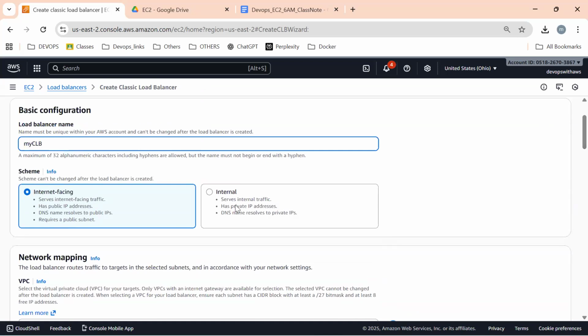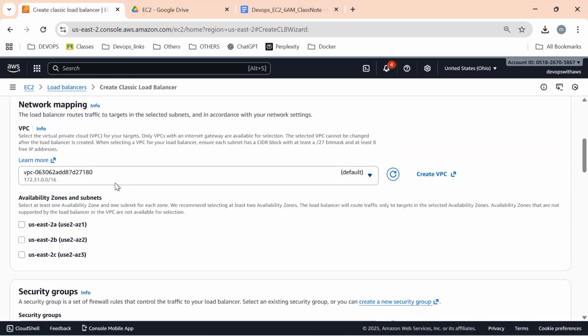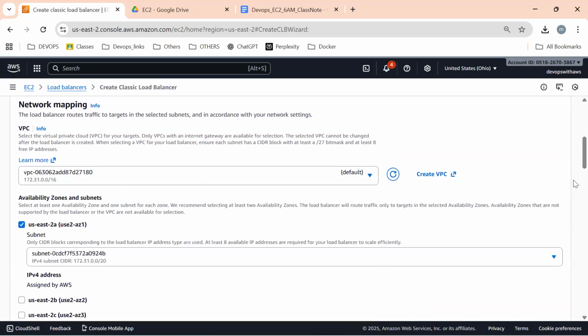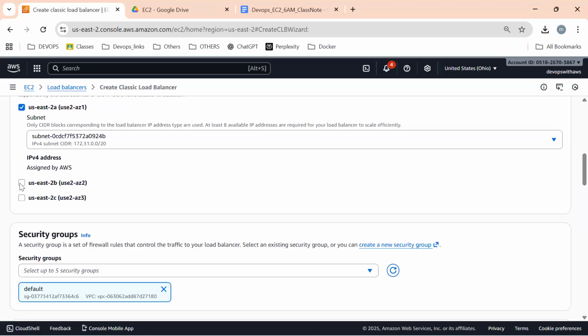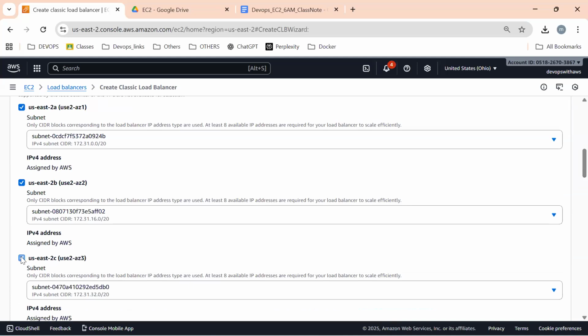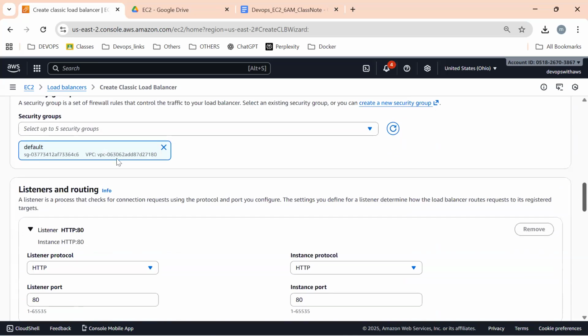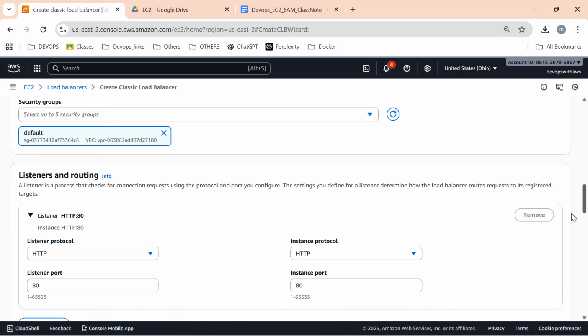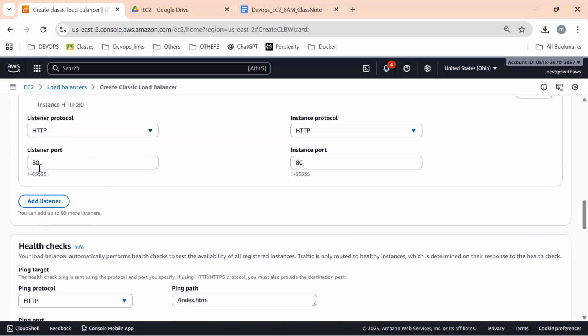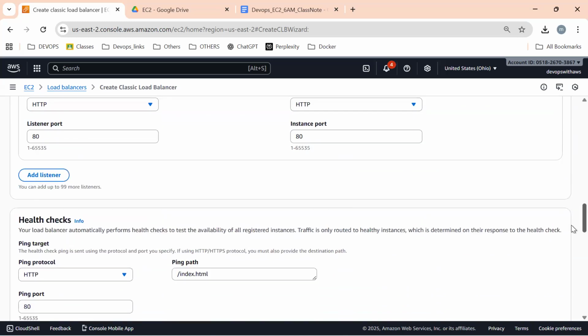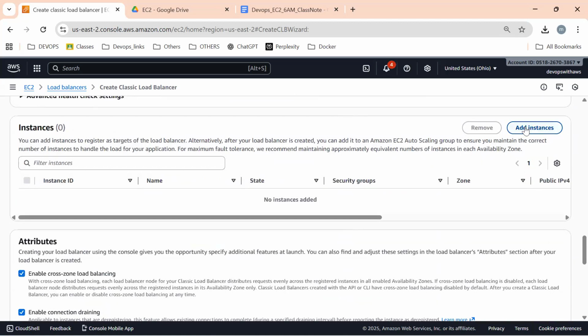It is internet facing, not internal. Let us go for internet facing and the default network. The instances were created in some availability zone, and you know very well we have multiple availability zones. My servers are created in maybe 2A, 2B, 2C, so that's what I'm choosing. Let us go for the default network, or else create a new security group and provide it here. Scroll down. The 8080 port number I'll explain tomorrow. Rest everything is the same.